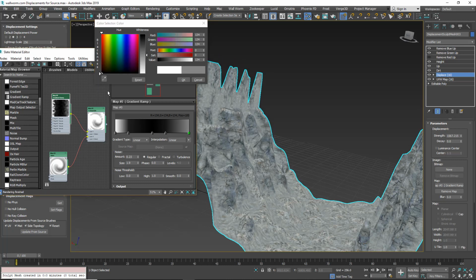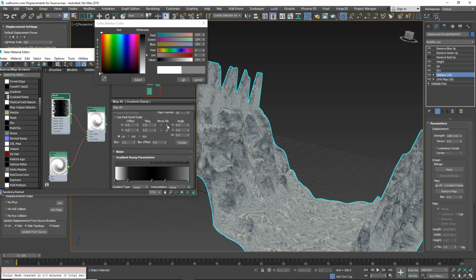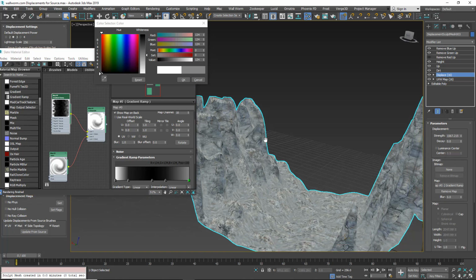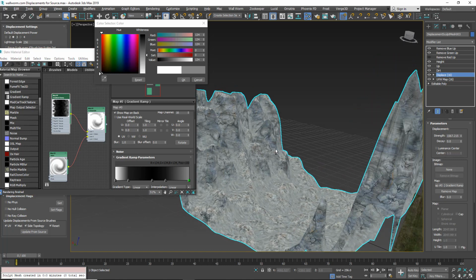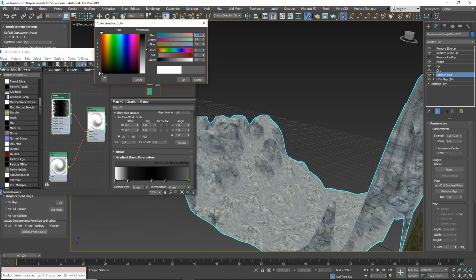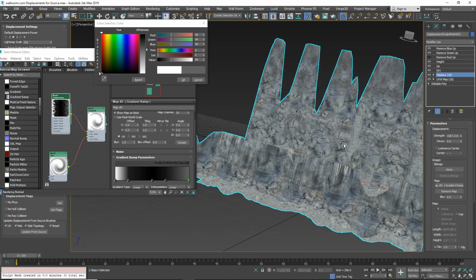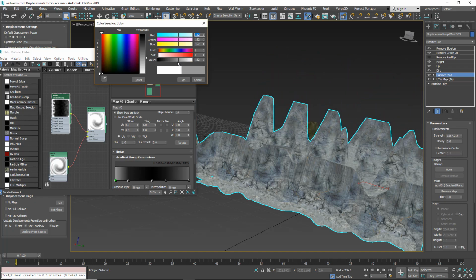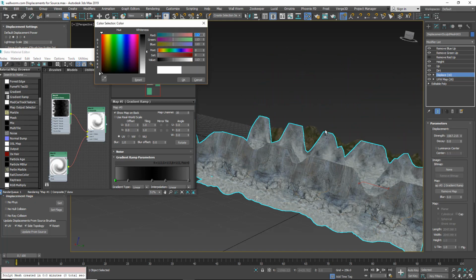And if we don't want it to tile and blend from one side to the other, we turn off the tiling and we can bring this down more. So now we have one side that's a lot shorter than the other, and if that side is still too tall, we can bring it also down